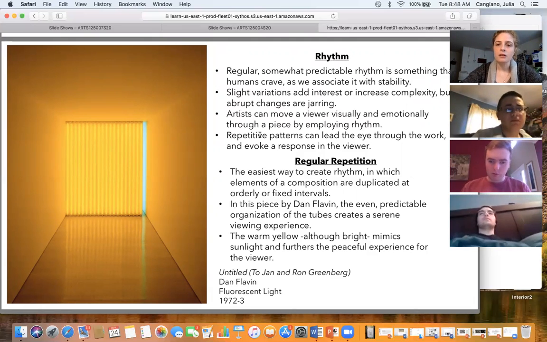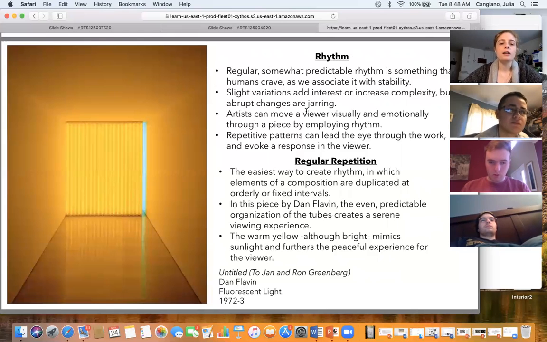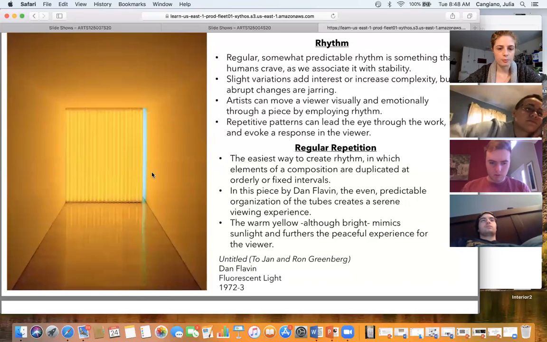So the first thing I said is regular, somewhat predictable rhythm is something that we crave. So we associate it with being stable and stability. And slight variations add interest, like for example, in Dan Flavin's work here, this one green light in this repeated yellow light structure is a little bit of variation. It's pretty safe, you know.